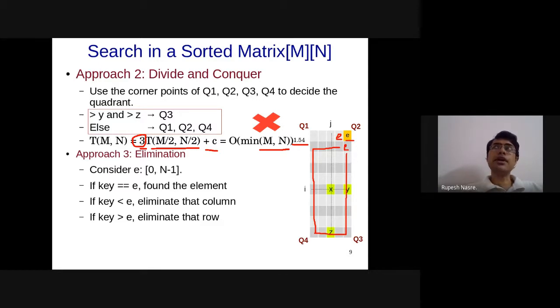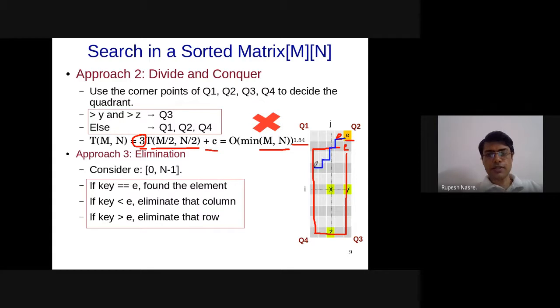An adversary can still create a problem, so I might do something like this: from E I'm going to go here, and then I might have to go here, then here, then here, like that. But that will still reach one column in the minimum of m and n steps, and then I can apply binary search. So it seems that it might be possible.